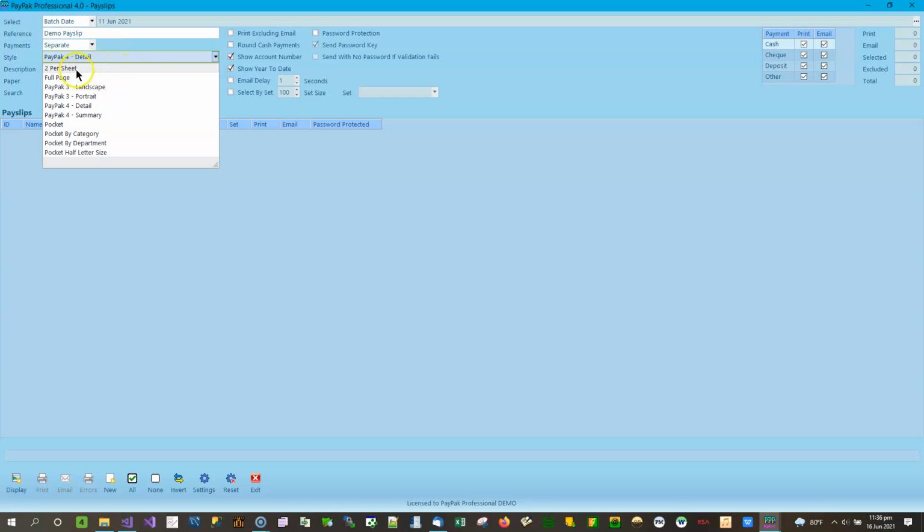Now we have a number of styles here, and let's start at the top. We've got the 2 per sheet. There's a description below, a brief description, and the paper size for that 2 per sheet. Next we have full page, then PayPak 3 portrait, PayPak 3 landscape, PayPak 3 portrait, PayPak 4 detail, PayPak 4 summary, a pocket, which is